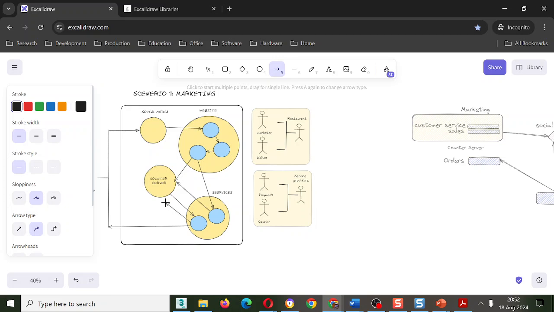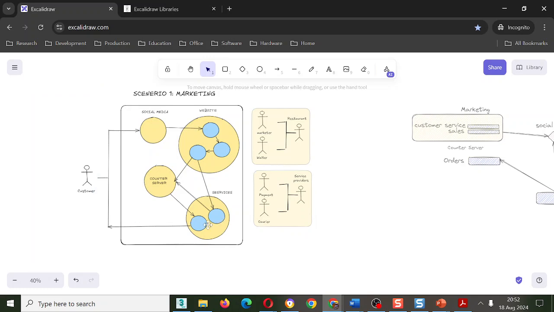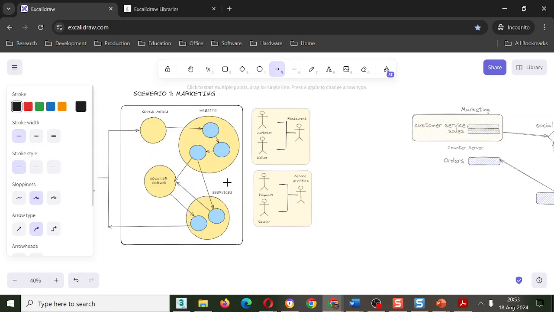Where should it go? Yeah, we had something on marketing sales. Maybe confirmation goes to sales. Let's just say it does, because the next person is customer service. So the actor is customer service. This one connects to customer service.